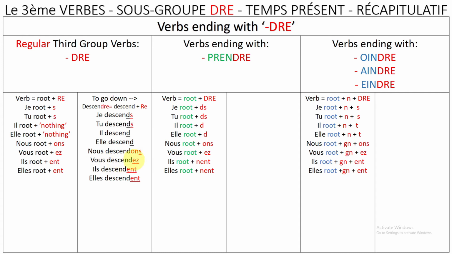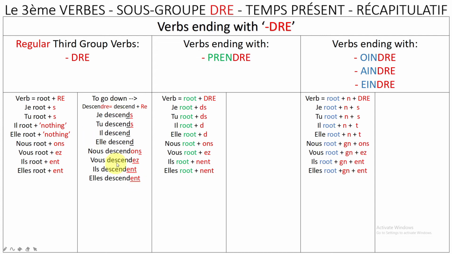Vous descendez. So EZ will change to E accent aigu. So please, you need to remember this one. EZ at the end of the verb will be pronounced A, like English alphabet A. Okay, so vous descendez, ils descendent. ENT at the end of the verb is pronounced E, and it will be called a mute E. So I'm not pronouncing the mute E, I'll pronounce the D before. So that's what I'm saying. Ils descendent. Okay, elles descendent. So same logic. So ENT at the end you should not pronounce E, but since it's a mute E, we are not pronouncing, but instead we pronounce the D. Okay, so elles descendent. Understood this one?